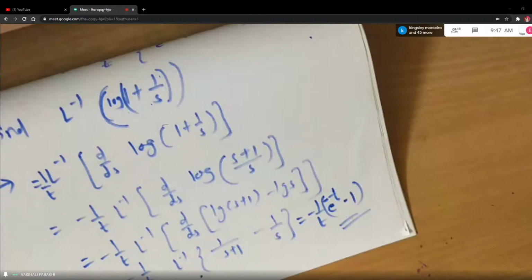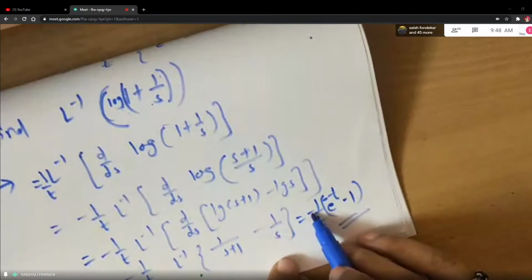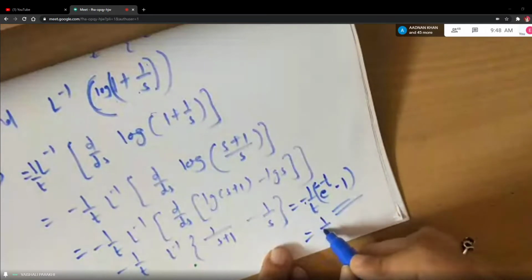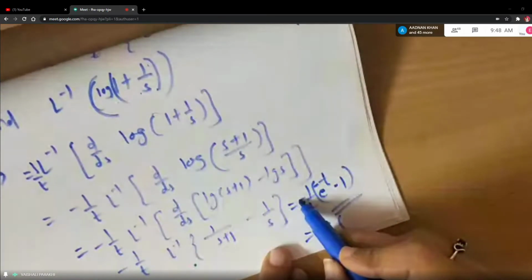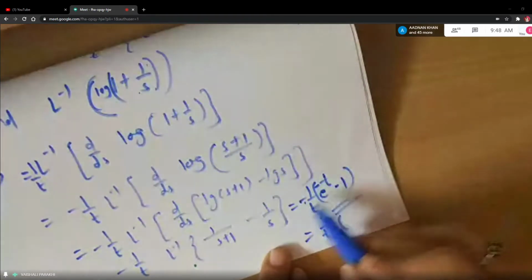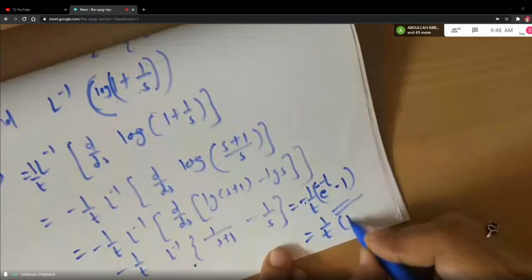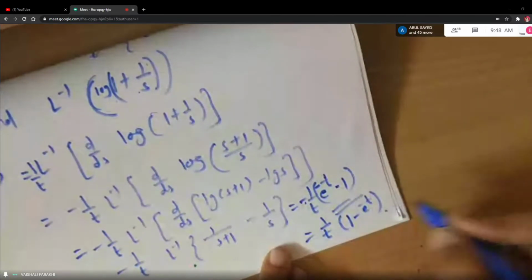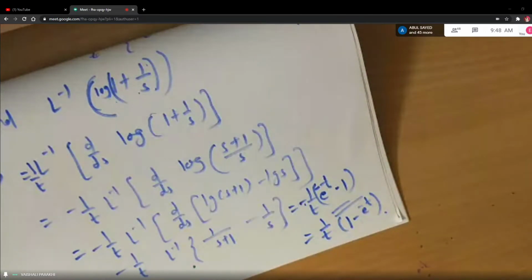Okay, no problem. So if you want to get rid of this minus sign, students, one more step you can do. It is not a compulsory step. Removing this minus sign means actually we are multiplying the bracket by minus 1. So minus minus plus, and minus into plus is minus. Okay. So you get this. Is that clear?